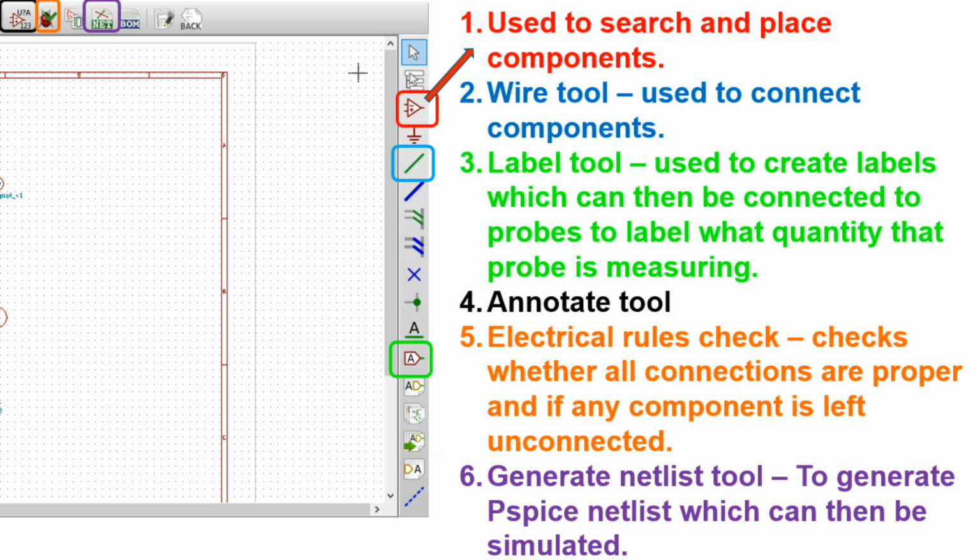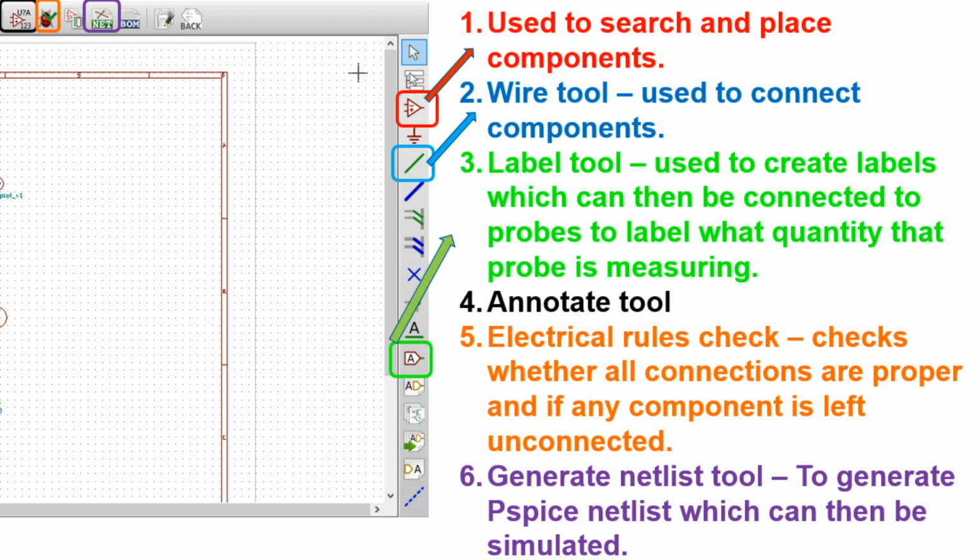First, you should place the component to incorporate your required component into the editor schematic window. After placing the component, we should connect them using the wire tool. This wire tool, that is place a wire, will allow us to connect the components.